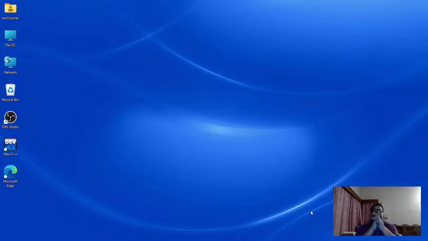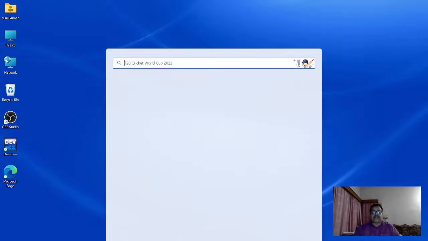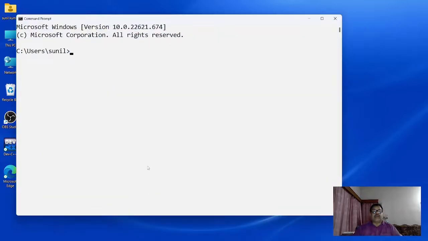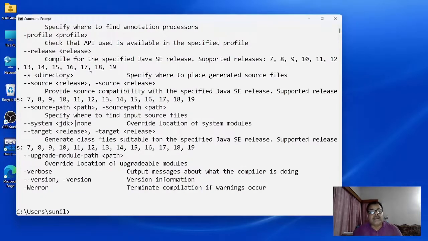What is the significance of this path? If I open the command prompt here, you have to compile the file from here like this. If I check javac on my computer, it is working correctly because I have already set my path.